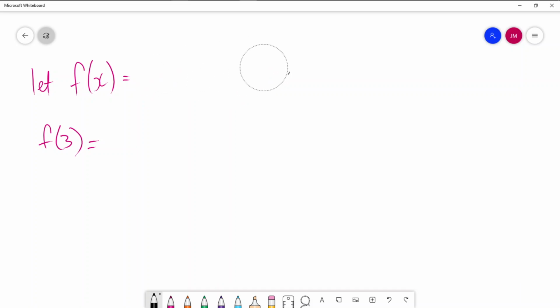So if we know our equation, let's keep it nice and simple just for this example. Let's say we had x squared plus 3x minus 5. Find f of 3, and let's also say, let's find out when f of x equals 0. Just find its intercepts. We can, using our Classpad,